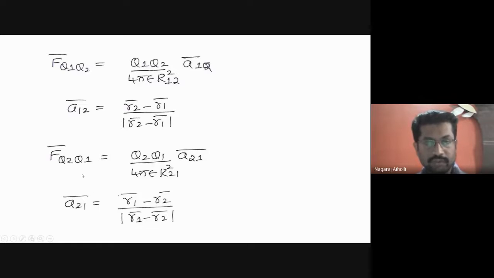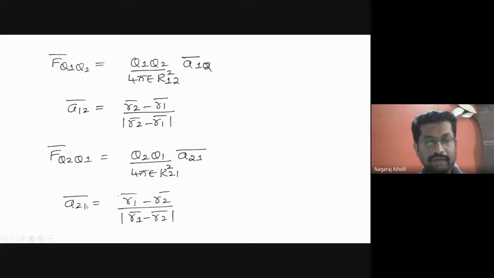That is the force due to Q2 on Q1, so it is R21. The first charge comes here with serial number 2. Then the next one, on which it is acting, comes next. It is charge number 1, squared, then multiplied by the unit vector A21. Again, the first index is the charge due to which the force is produced, and the second is the charge on which the force is acting, that is charge number 1: A21 bar.